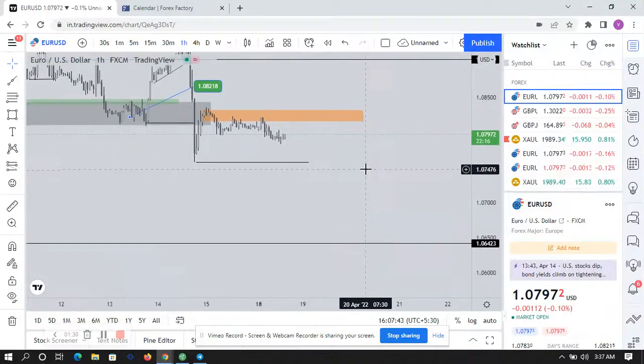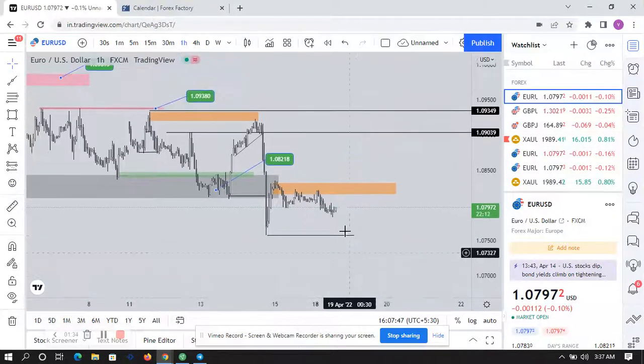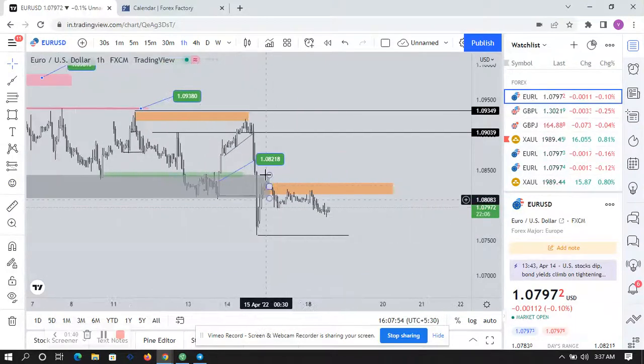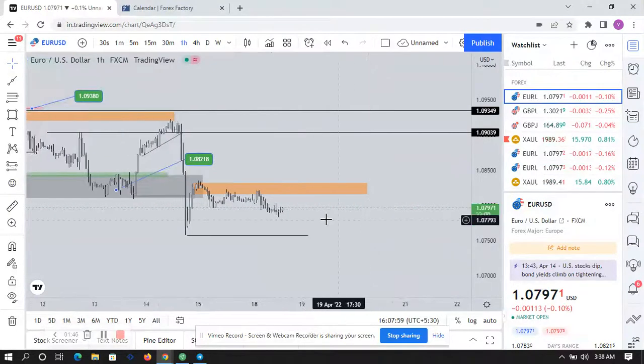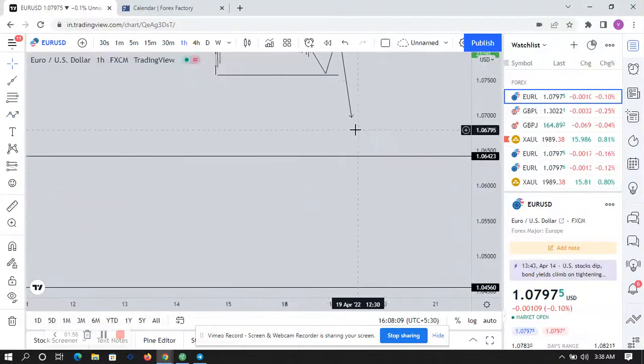All right, so let's just look at what is going on. So this is where price closed last week. We had this major support got broken, and we can see that the price tested it, and it's been choppy since then. So for now, all I can say is that the price could possibly test this place, come back down here before continuing bearish.